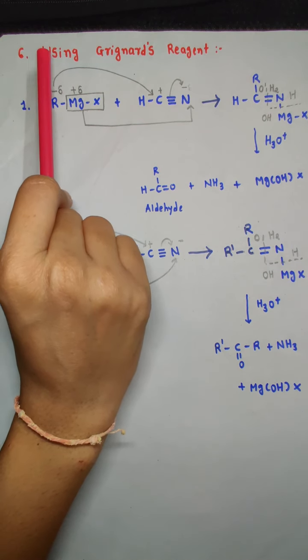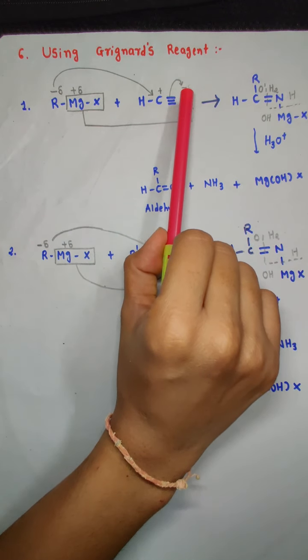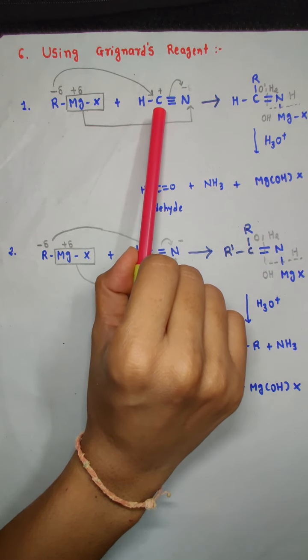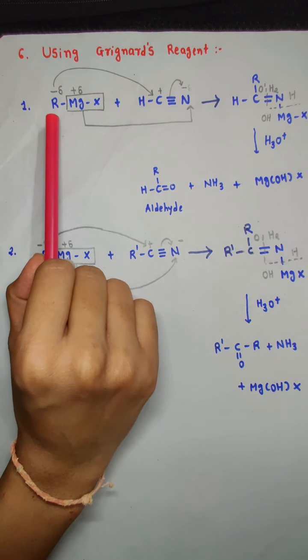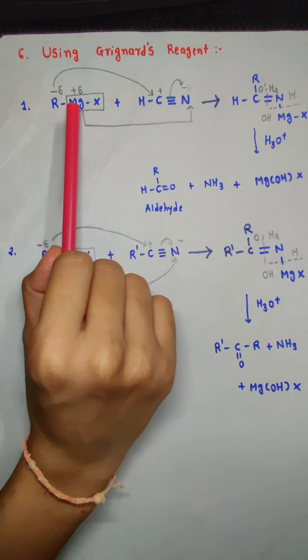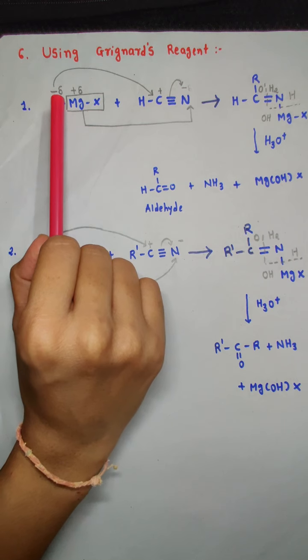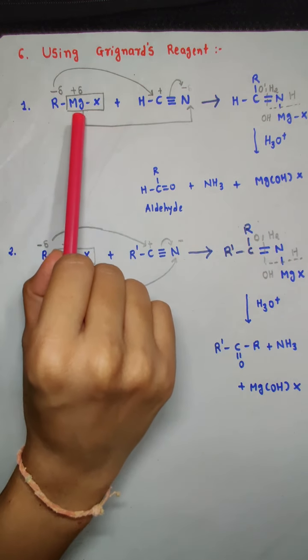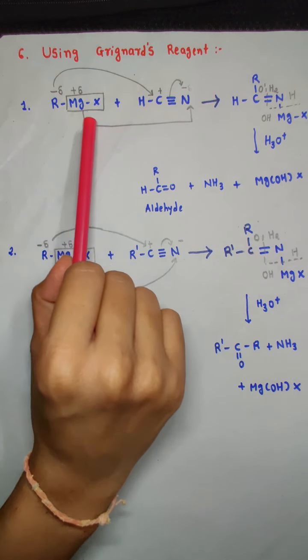We know that when you react Grignard reagent with HCN, what will happen? Between carbon and nitrogen, nitrogen being more electronegative will attract the shared pair on itself, and hence will gain partial negative charge, and carbon will gain partial positive charge. In case of Grignard reagent, we already know that the MgX part is partially positive and the alkyl group is partially negatively charged. Now this negative part attacks the positively charged carbon, and the MgX part attaches itself to the negatively charged nitrogen atom. So what are we going to get?